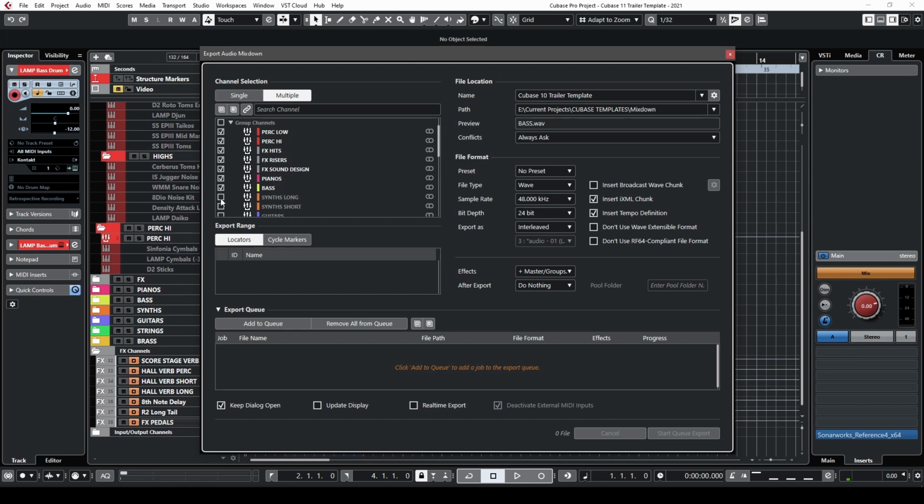So what I can do is simply select all of them, and then I would choose if I want to have all the inserts included, all the sends, etc. I tend to go for this one, so it's just everything, because I might have something small on the master bus that gives it like a little different tone or flavor. And once I've selected all my